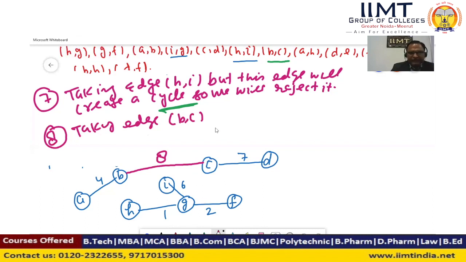Now the next is a comma h. This is the turn for this edge a comma h. Can we take it? So this will be the output of this step number 8. Now the next edge is a comma h. Can we consider it? First of all we will check whether, if we take it, it will create a cycle or not. No, it will not create a cycle, because this is a, this is h, and there is no cycle. So by taking this, we will consider it